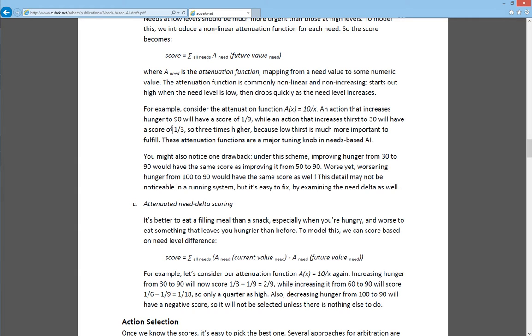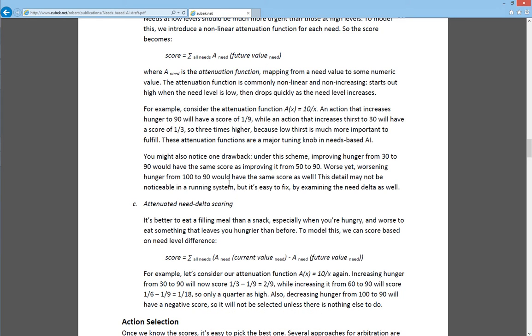Obviously, if you're at 30, going up to 60 may be life-saving, it may be monumental. So to come up with this, he started using a tuned need delta scoring, which is what he refers to it as there, where he,